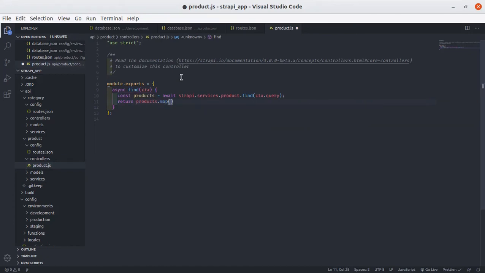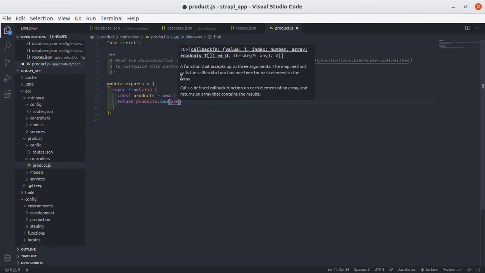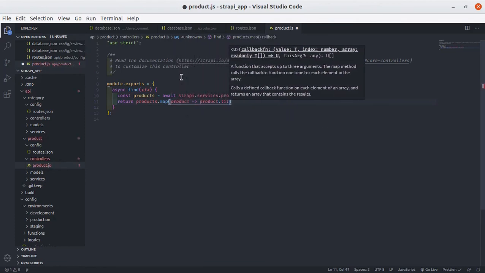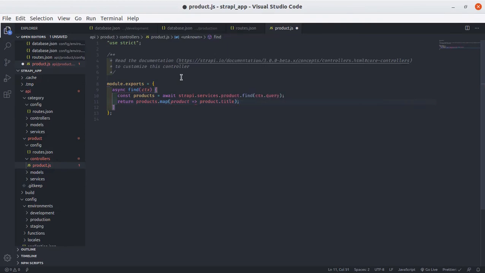Then we can map through those. So let's say return products.map, and for each product we want to return just the title, so we just need product.title. I will do a console log just so you can see that this is running. We will just say fetching title.